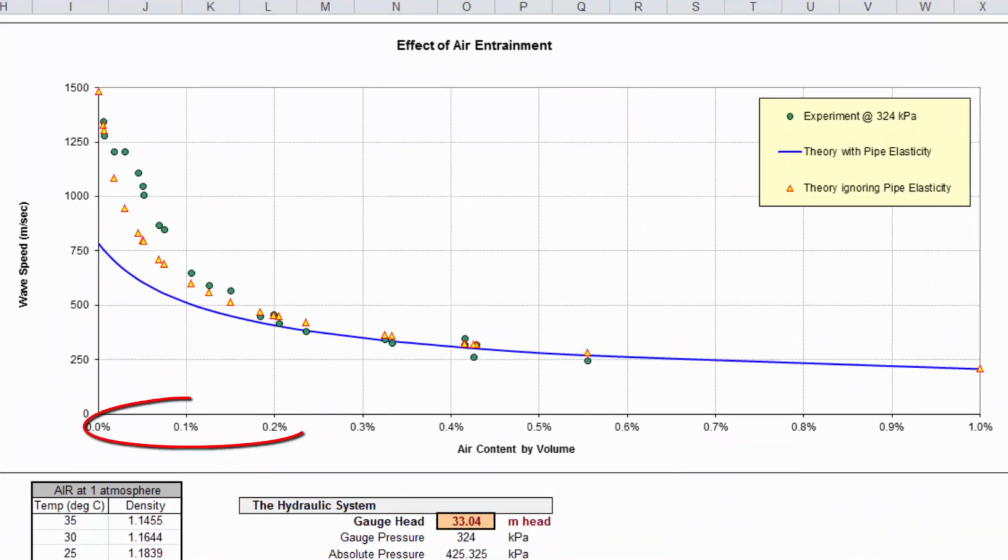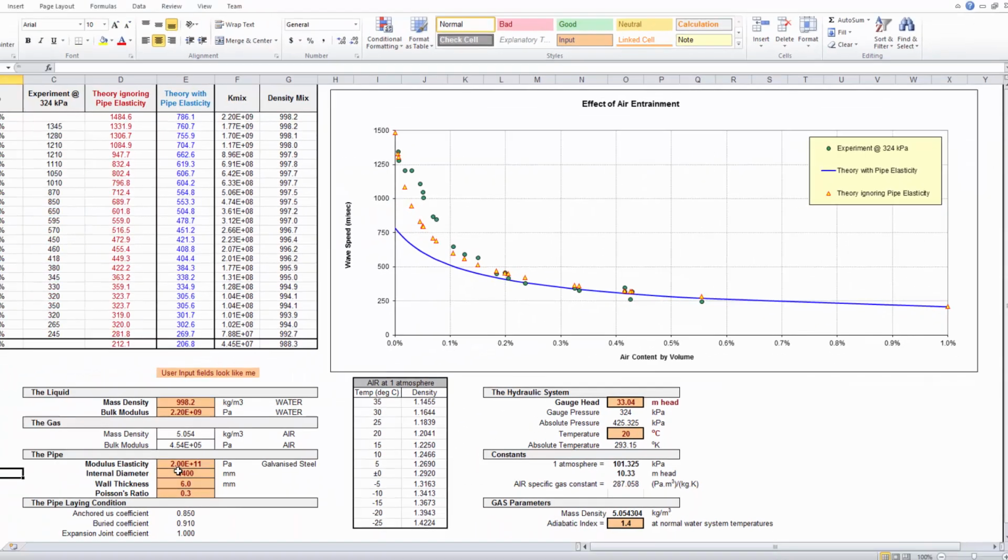Okay, the effect is less significant at extremely low air content due to the pipe's increased flexibility. Putting things back as they were,